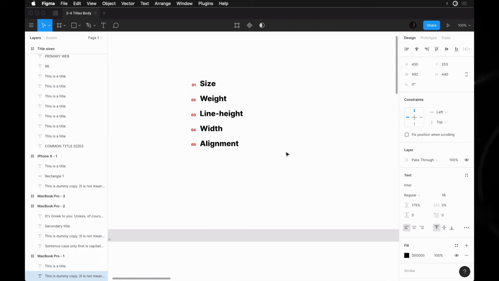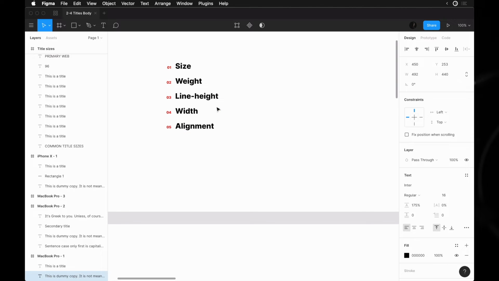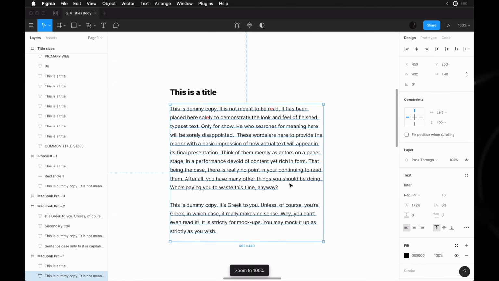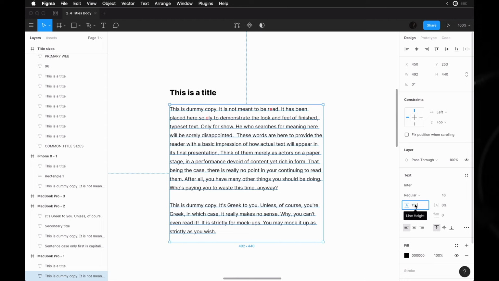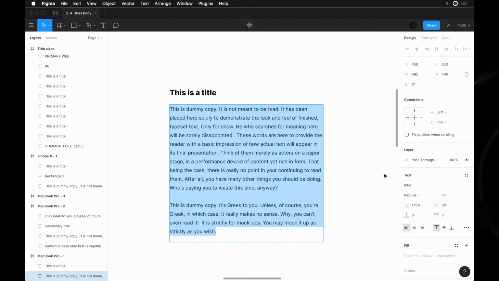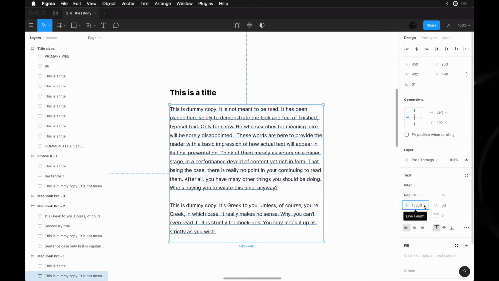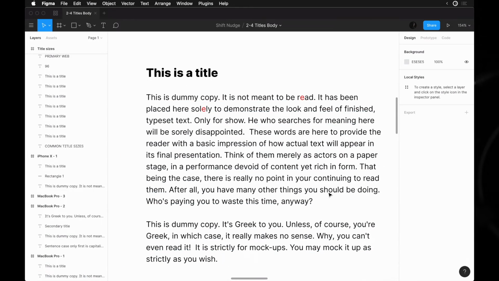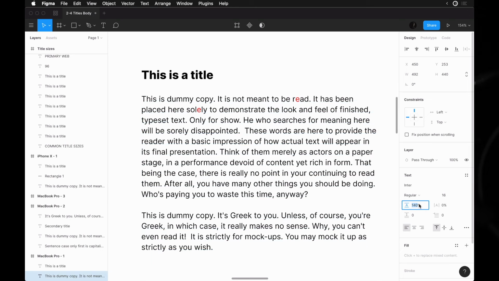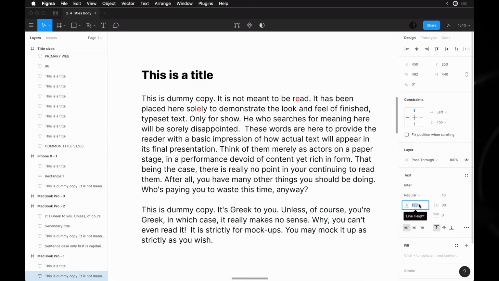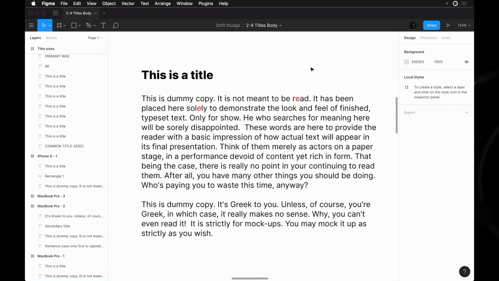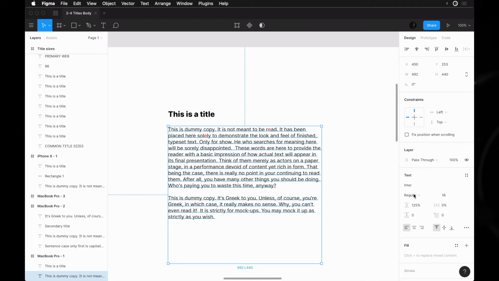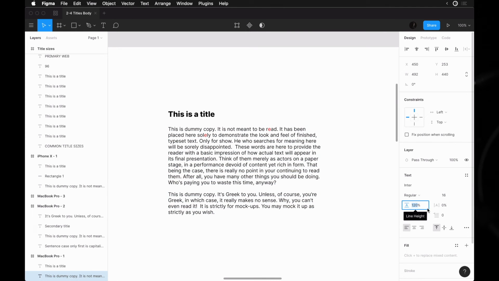All right, so next up for body copy, line height and width. We'll tackle both of these at the same time. Line height for body copy. Your standard go-to line height is going to be like 150% for your body copy set at 16 pixels. And depending on the typeface, you can go a little bit tighter, like 135. You can even go 125. It just depends on the amount of text and the kind of feel that you want it to give. You can go as low as 120 for body copy, or you could even go as high as